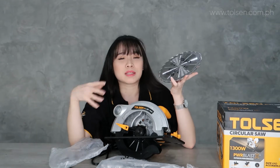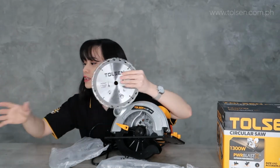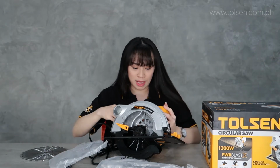Pero may available naman tayo. May link pa kayo. Okay? Then, meron din tayo inclusion dito ng manual sa box na yun. Okay? So, may nakalimutan. Then, if papaganahan natin to,